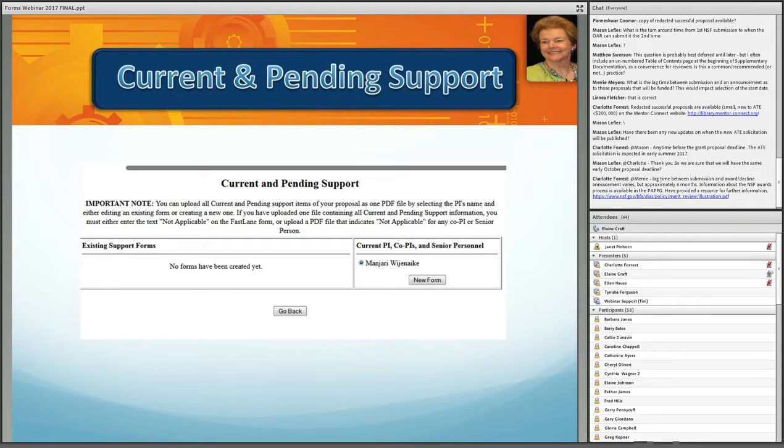It is important to know what NSF means by current and pending. Current refers to grants already awarded, not the one you're currently preparing. A pending proposal is one that either hasn't yet been submitted or a proposal that's been submitted but for which the funding decision is not yet known. The proposal you have in progress now for October submission is a pending grant for preparing current and pending support